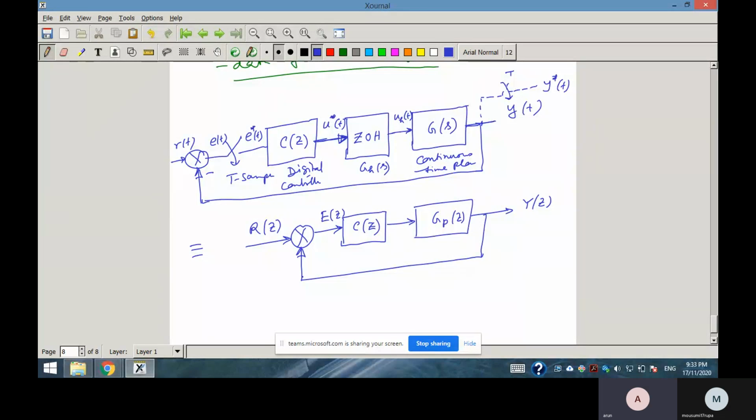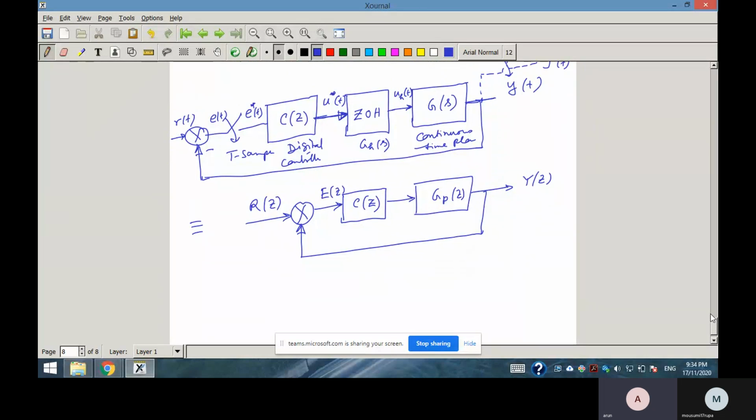When you consider R(z), you should also use an input sampler. I have not considered it and have not shown that, but it is a kind of fictitious sampler. You should also consider a fictitious sampler at the input, so as to have R(z). Anyway, you can show that; there is no harm. So you can represent it like this, where